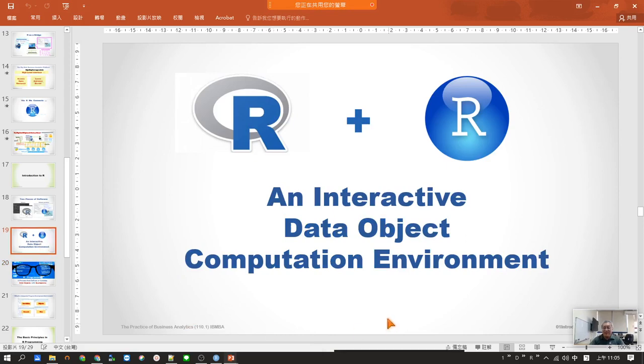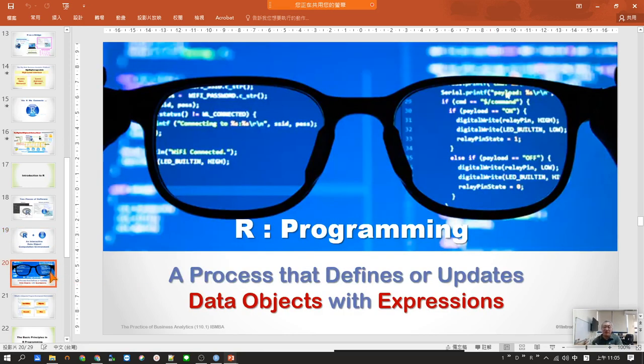In R, every piece of data is called a data object. R and RStudio by itself is not a programming language, it's just an interactive data object computation environment. It is interactive because if you put data objects in the expression, the expression will be evaluated, and you can assign the result of the expression to another object name, or you can use it to update the existing object name. For example, if I do this,